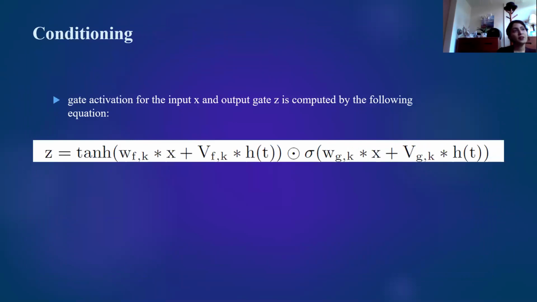The gate activation for the input x and output z in the architecture on the previous slide is computed from the following equation. In this equation, the asterisk represents the convolution operator, circle dot is an element-wise multiplication operator, and sigma is the logistic sigmoid function. k is the layer index, f and g are the filter and gate indices respectively, and W and V are the convolutional filter weight matrices